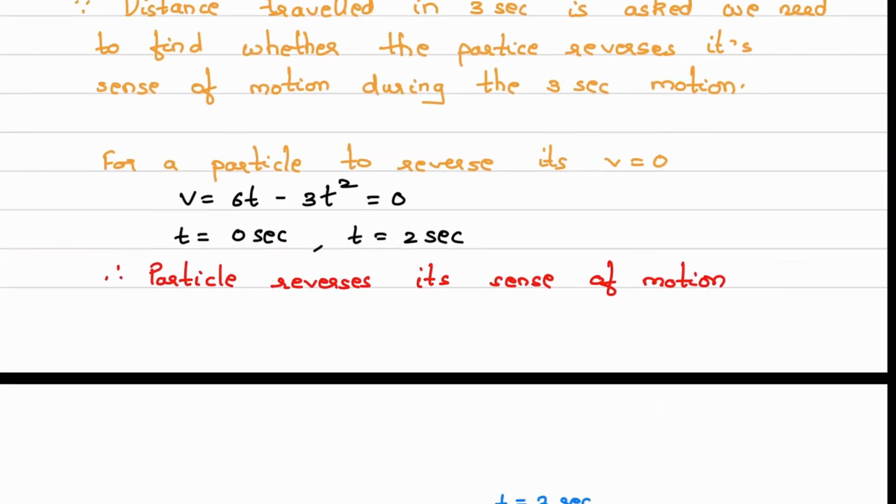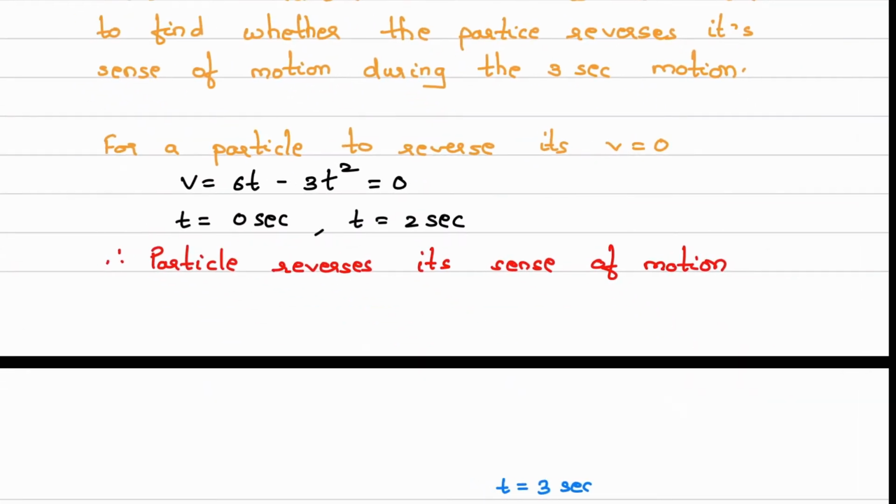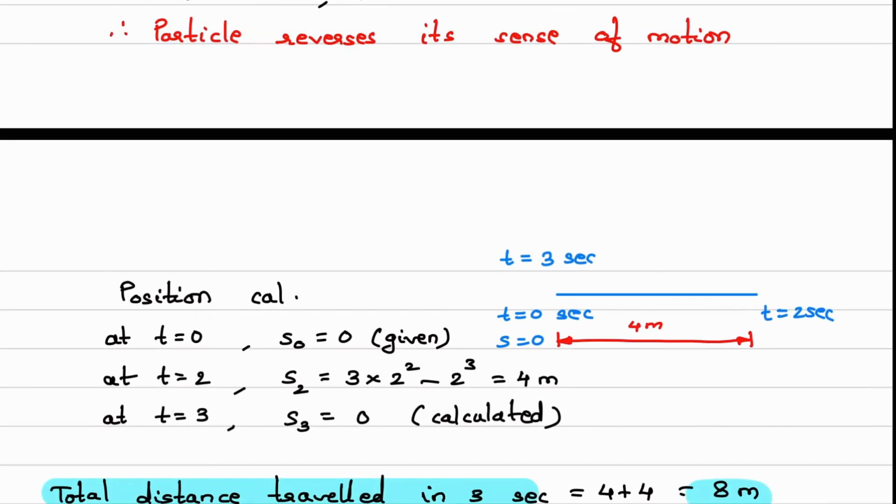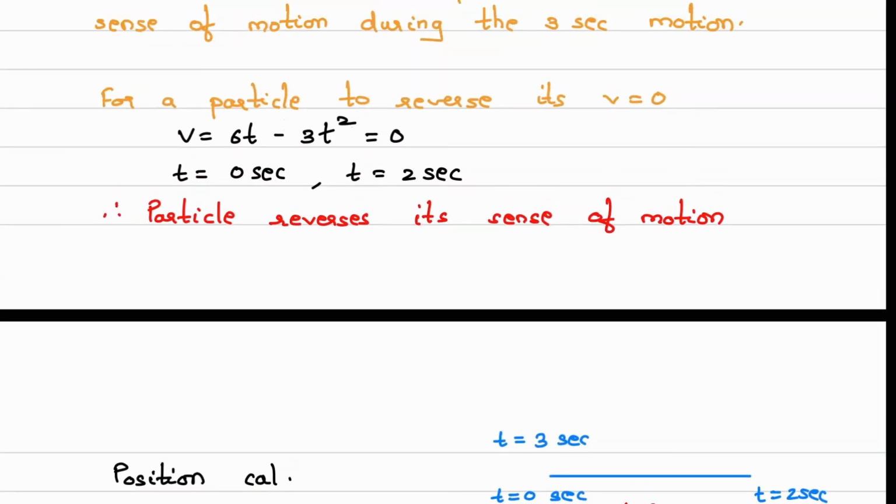So from there we calculated what is time. So this is t square, we got two values of time. So t is equal to 0 and t equal to 2 seconds. Velocity is 0. You can understand that from this diagram, when t is 0, obviously the s is 0. Okay, so velocity is 0. And when t is 2 seconds, then also velocity is 0.